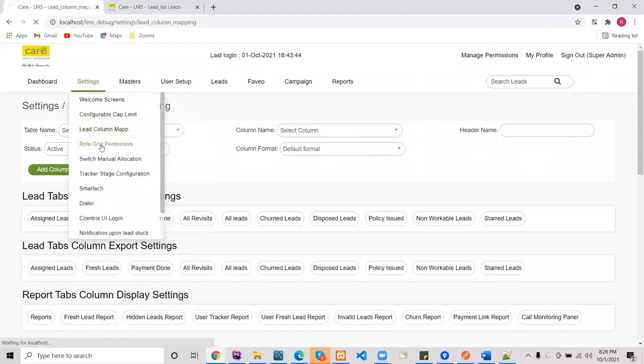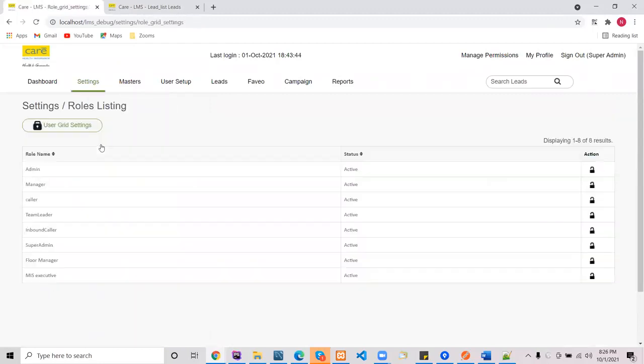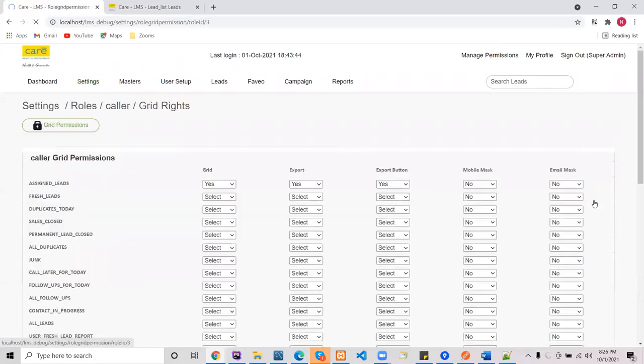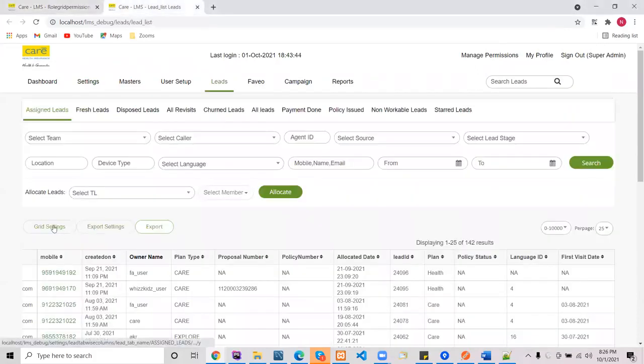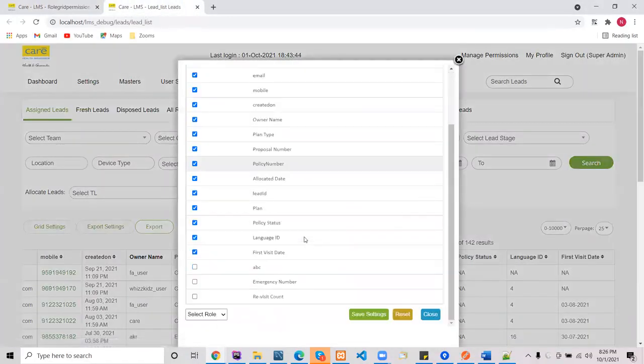And under role grid permission, certain permission needs to be given role wise. So for example, I will open the caller settings here. Suppose I want to allow him for the grid setting. So here, if I enable a grid setting, he can enable a certain number of columns. He can customize the columns by himself. Like for example, I give this rights to the caller. Then a caller can customize all his